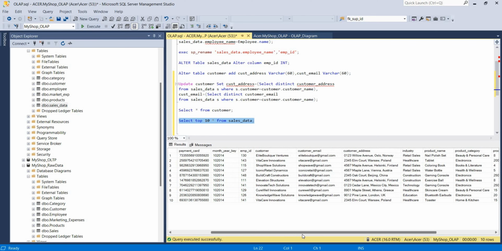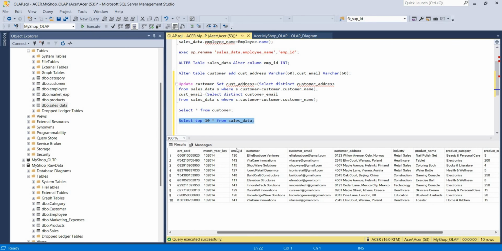So here we have the customer column. We are going to replace this customer column with the IDs, and also we are going to delete these two columns. So let's